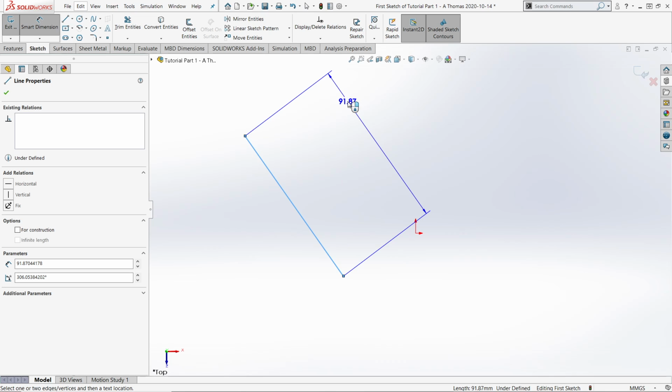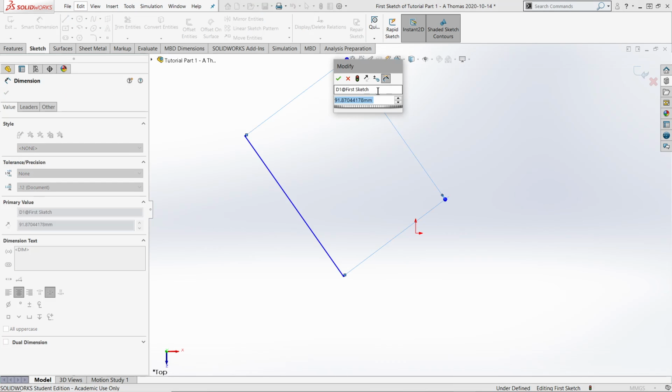length of this line. So if you notice, if I move the cursor around, it can snap to dimensioning the horizontal distance. It can snap to doing the vertical distance, or if you kind of hold it kind of normal to that line, you can do the overall length. So if I left click,